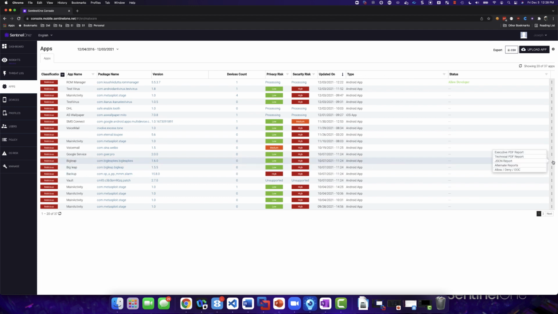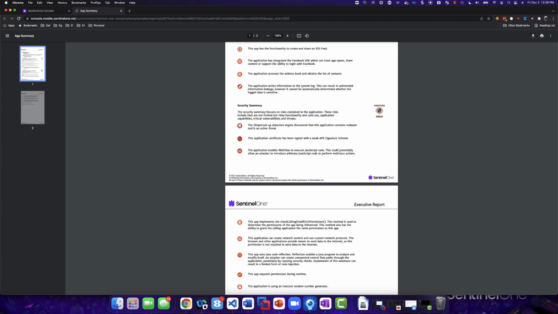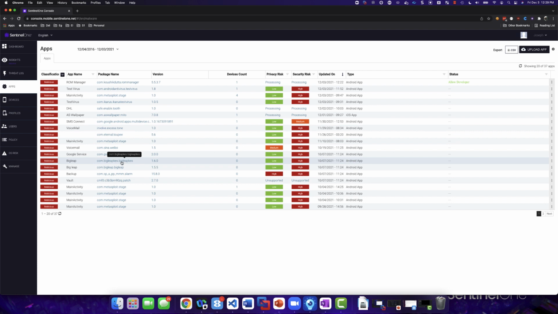And if I come over here, we have a couple of reports that we can take a look at. The executive report is one designed for executives. It's much more high level, but it will instruct you on why we feel like this application is malicious. In this case, our Z9 engine detected that this actually contains malware packaged inside of the application, and so therefore we shouldn't allow it to execute in the environment. And then we have a more technical breakdown